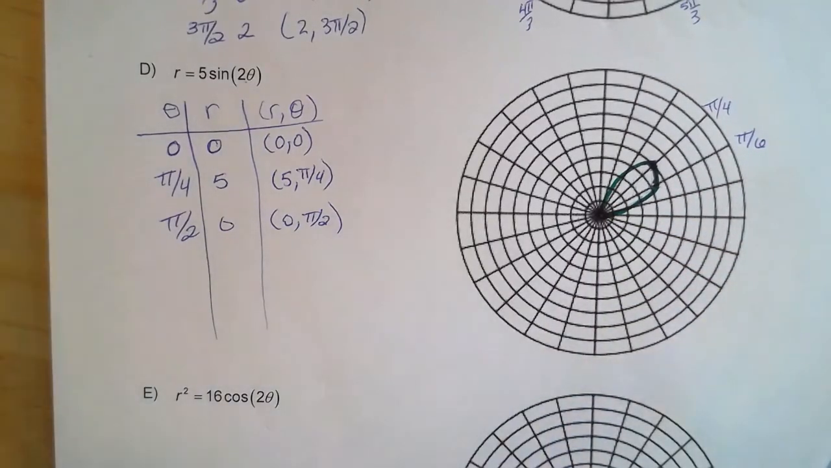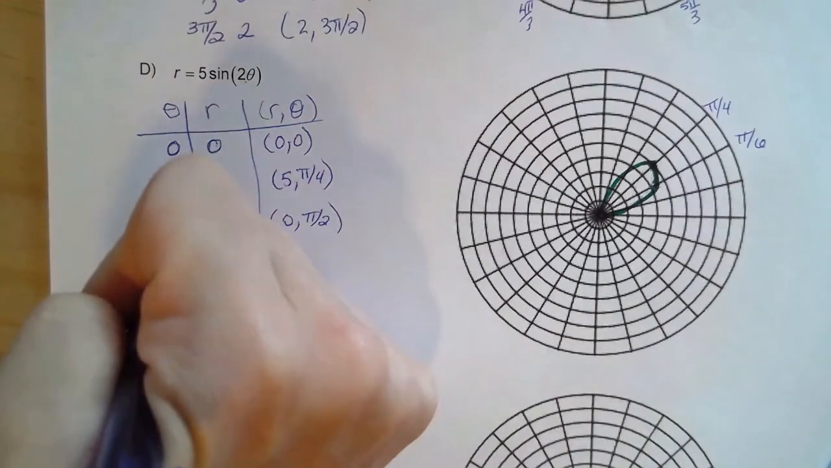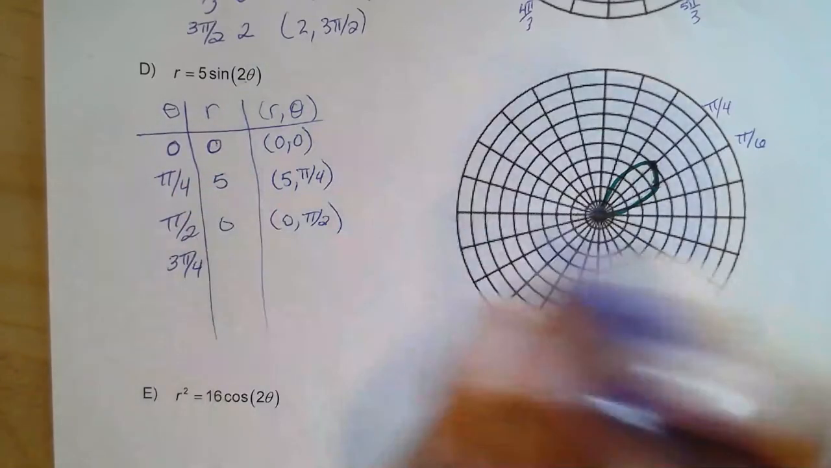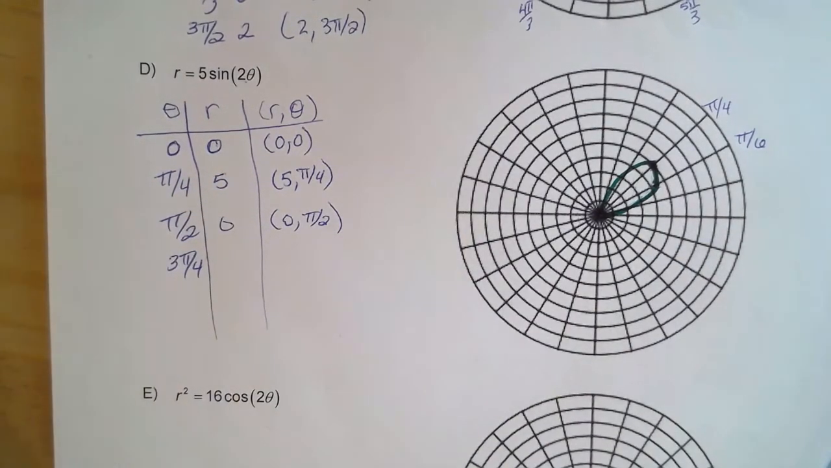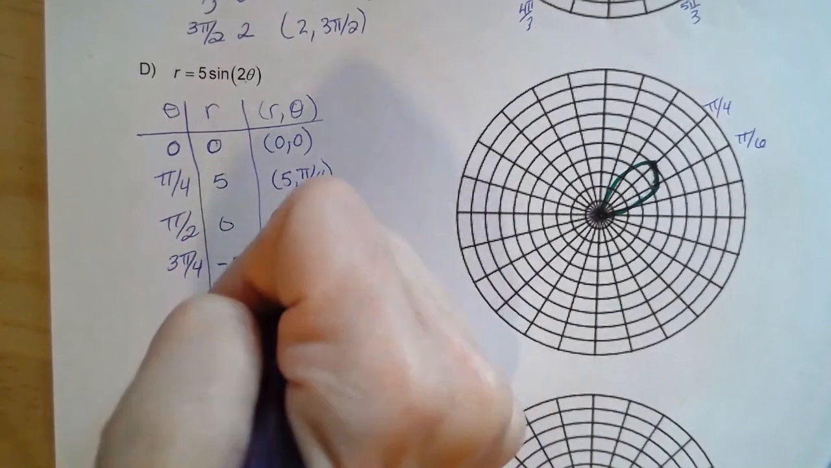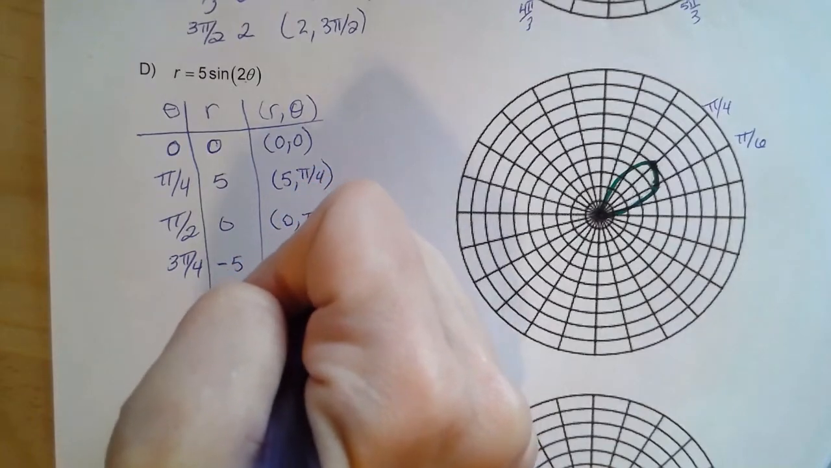Okay, now the question is, are we done? Does it keep going around and around in that spot, or does it create more? So let's figure that out now. Let's try 3 pi over 4. So that would be times 2, which is 3 pi over 2. Sine of 3 pi over 2 is -1. -1 times 5 is -5. So we get -5,